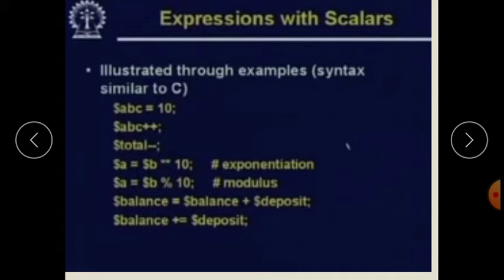Now, expressions with scalars. $abc is a scalar variable holding the value 10. Then $abc++ auto increment, $total-- auto decrement. Then $a = $b ** 10; the double asterisk indicates exponentiation, meaning the power of 10 is $b's value.